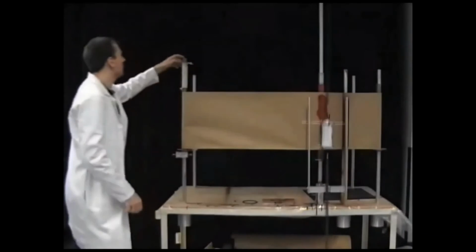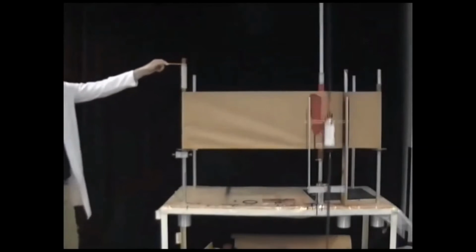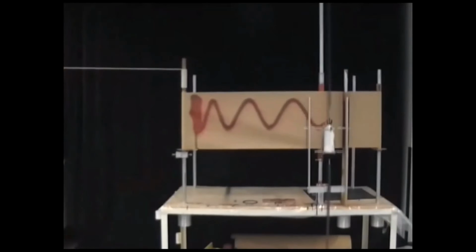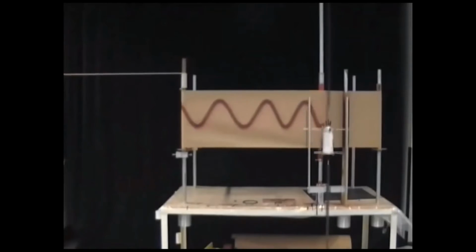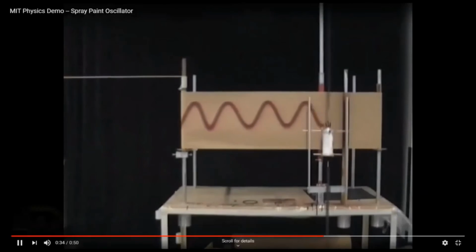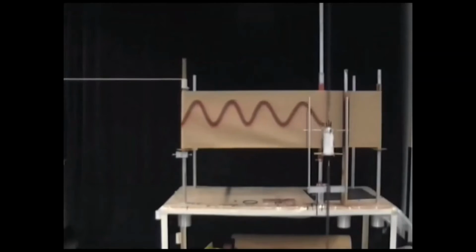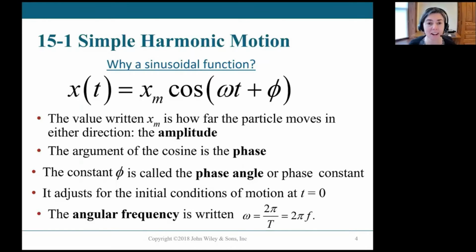Mass on a spring, paper, spray paint, and you get a sine function. Okay, so we've got the motion described by a cosine function, and I want to go through all the pieces of